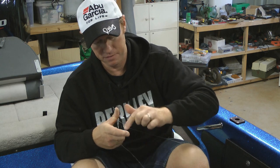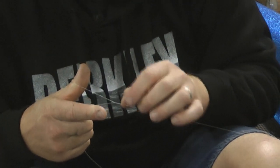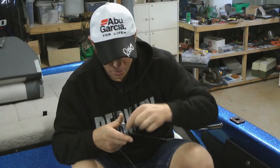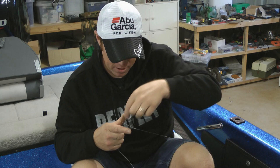It doesn't matter if we get a little bit of a V in here. Things don't have to be packed up really tight. It's actually better to make these wraps so that when you look at them closely, you can see the crisscross pattern in them. We don't want them bunched up together. What happens if we get those twists apart a little bit is it actually bites down better into the monofilament